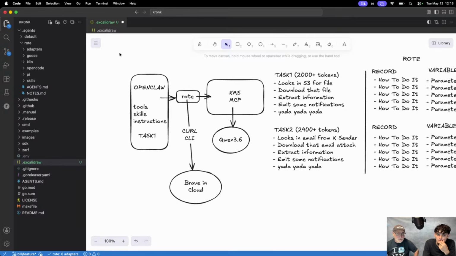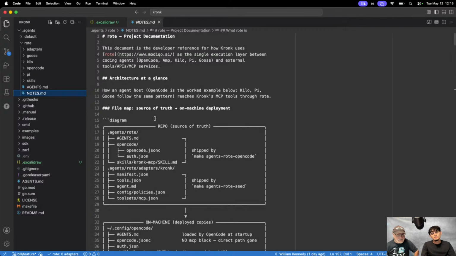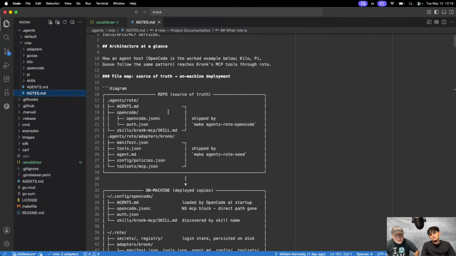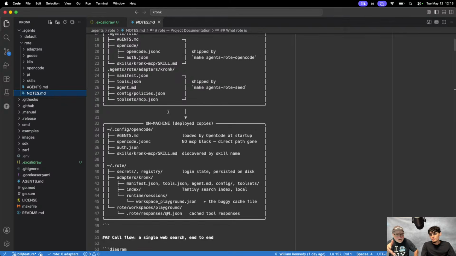Okay. Yeah. So I forgot that piece here. This notes file is just for me as I'm learning, to get an idea of how rote is working at a little bit of a lower level. Anybody can see this. I would look at the build feature branch, I think, right now to read this thing. But you've got basically architecture at a glance. We might have to open this up in a little bit.